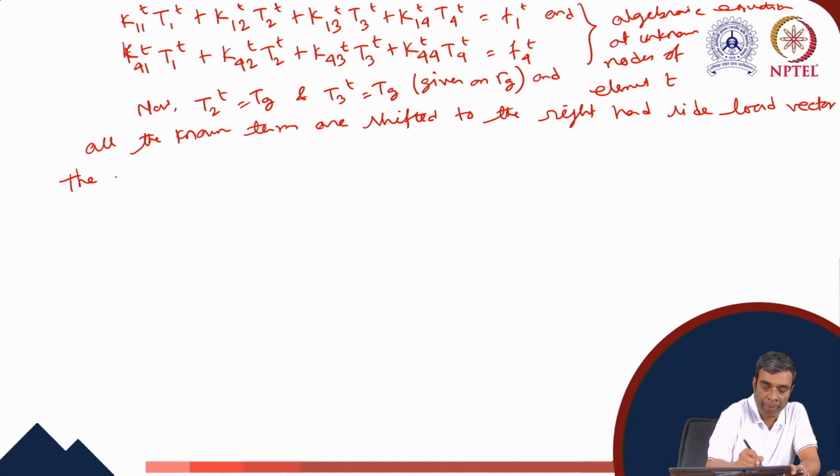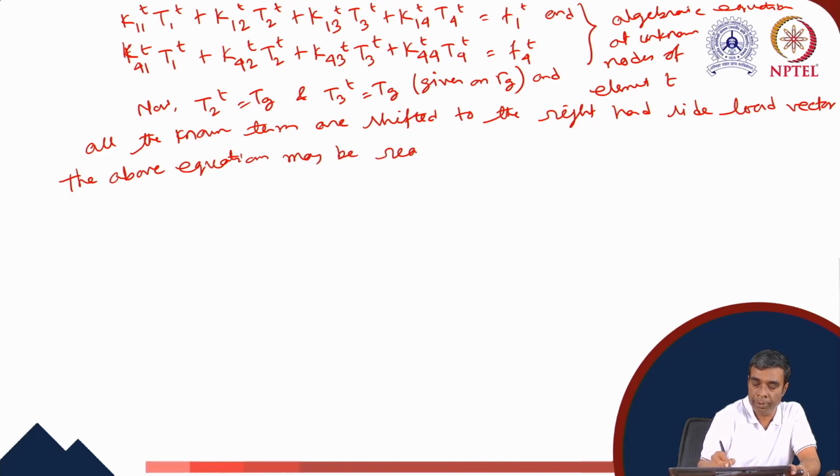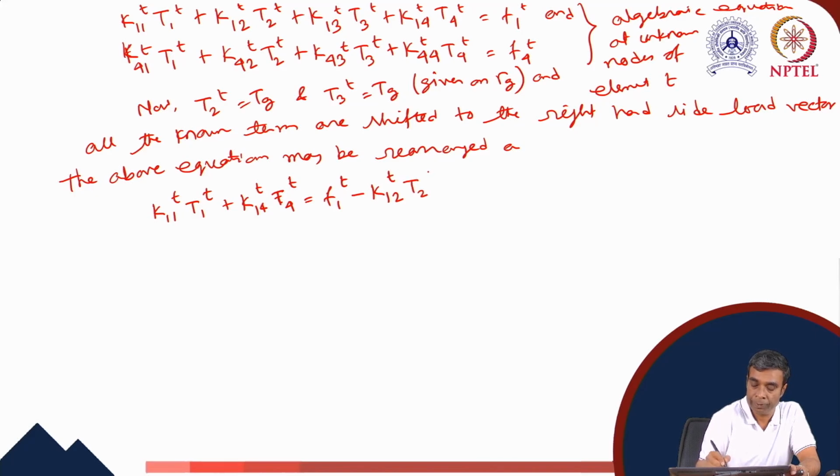So the above equations may be rearranged as K11T T1T plus K14T T4T equals F1T minus K12T T2T minus K13T T3T, and the second equation is